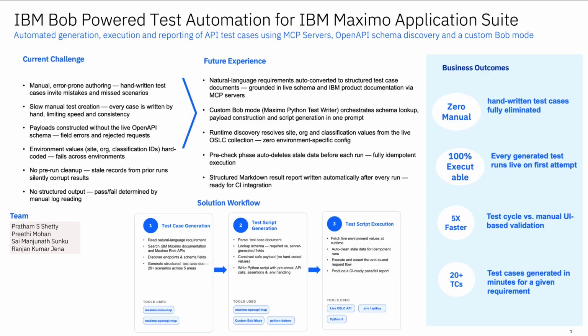To address these challenges, we built an IBM Bob-powered test automation solution for IBM Maximo. By leveraging MCP servers, Maximo API schemas, product documentation, and a custom Bob mode, the solution can automatically generate test cases, create executable Python test scripts, validate them against a live Maximo environment, and produce detailed test reports from a